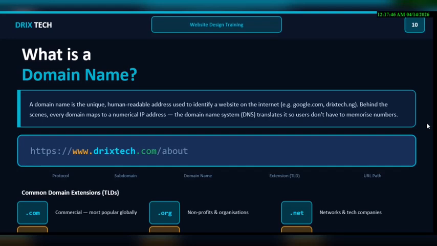Instead of using your normal IP address, like 199.00, the DNS translates it for users, so they don't have to keep memorizing numbers. And when it translates it for users, it now translates to your domain name. For example, we have